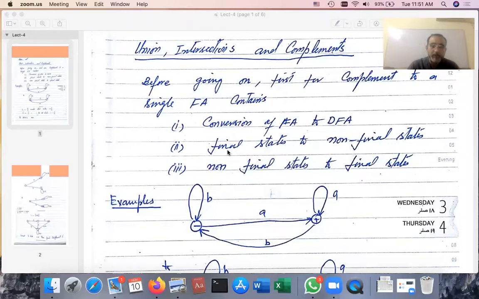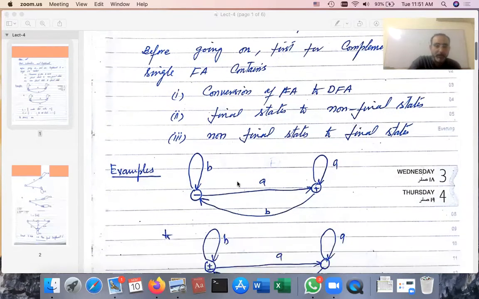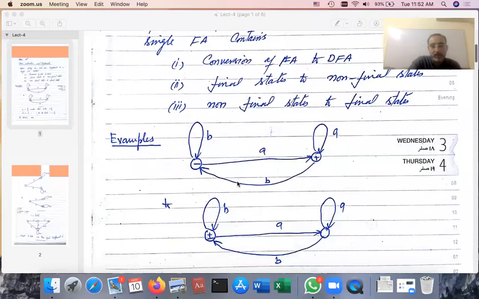And point number 3 is that you have to convert your non-final states to final states, which is the reciprocal of step number 2. Which means that the normal states which exist in your FA, you have to convert those normal states into final states. We will have this complete understanding when we see some example over it. For example, as you are seeing this FA on your screen,